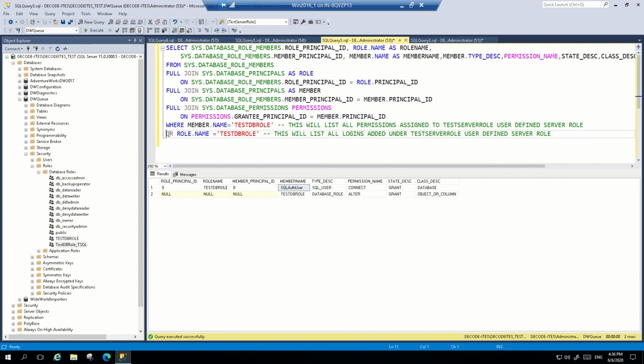In case you don't want to know which users are part of this role, you can comment out this line and run it again. Now it will show you only the permissions available with the database role. So this is the additional thing you can add to list the users who are part of this role along with the access list.